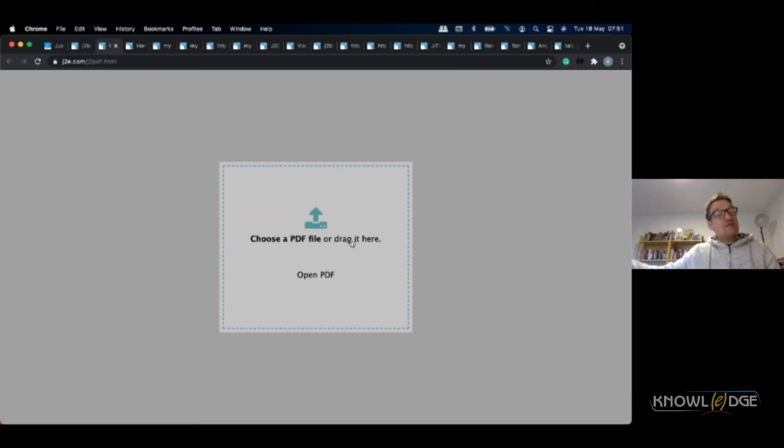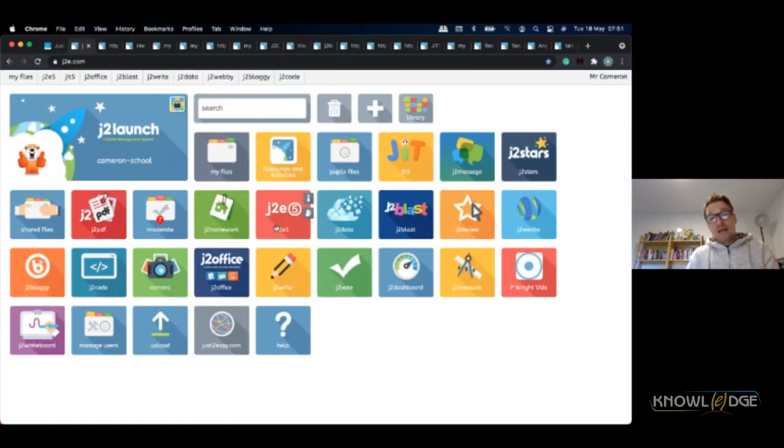It'll open it, even if it's a multi-page PDF, in J2E5. You can save your work and then share that with the students. And within there, you can even create a tick box form, which will give you the right and wrong answers and a report of your whole class as to who's got the right answers and how many they've got wrong, and so on.